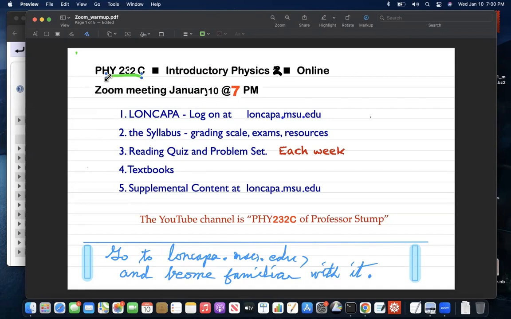We'll have Zoom meetings once a week. And in those Zoom meetings, I'll explain how to do some of the homework problems. I'll provide hints for some of the homework problems. But today I just want to provide an introduction to the course. If you've taken an online course before, it'll be familiar to you. But if this is the first time you've taken an online course, you'll have to find out what